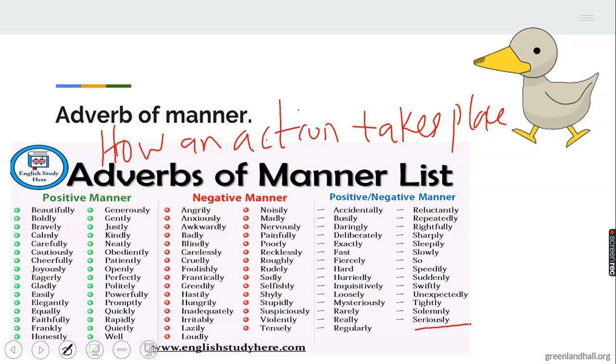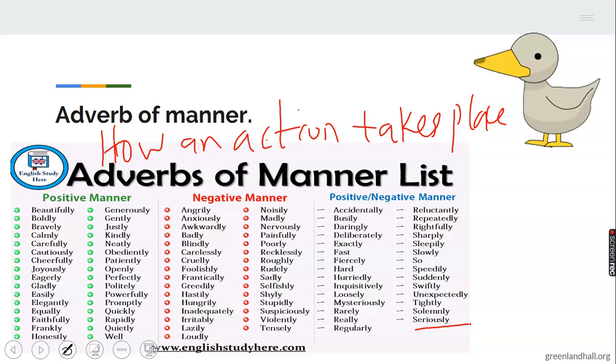Okay, good. She dressed beautifully to the party. Good. Now let's look at another one, boldly. Someone will give me a sentence with boldly. The head girl spoke boldly at the ceremony. That's very good. So you can see, it tells us how something is being done, or how an action takes